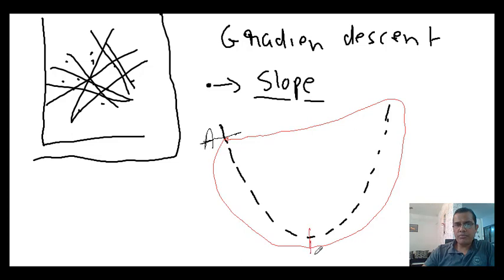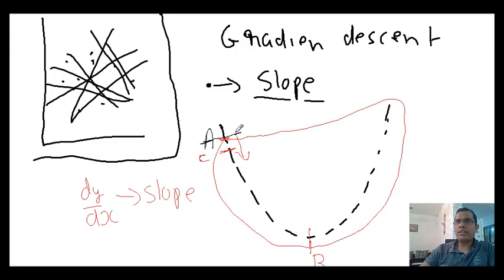So at point A, what do you do? You take a derivative, dy by dx, of your errors. That will give you the slope. dy by dx is nothing but your slope, and from your slope you will also get the direction. And your direction tells you that you need to move in this direction. So you take a small step and let's say you come to point C. At point C again you calculate the error. You compare it with the error at point A and you see that the error at point C is less compared to the error at point A, which gives an idea that you are moving in the right direction.